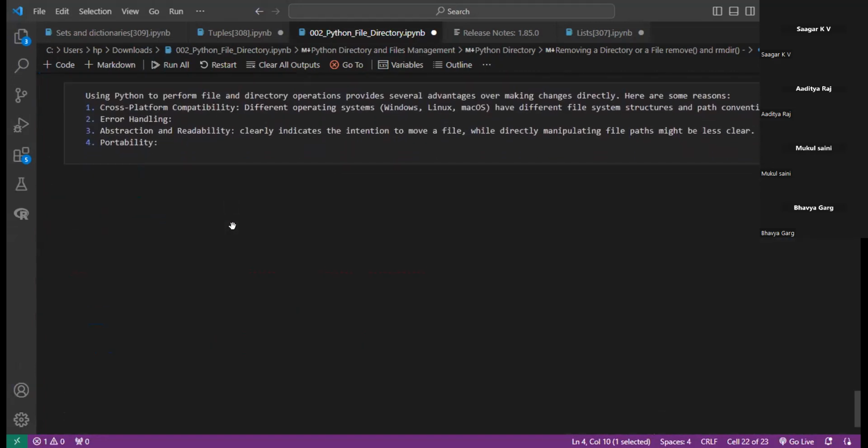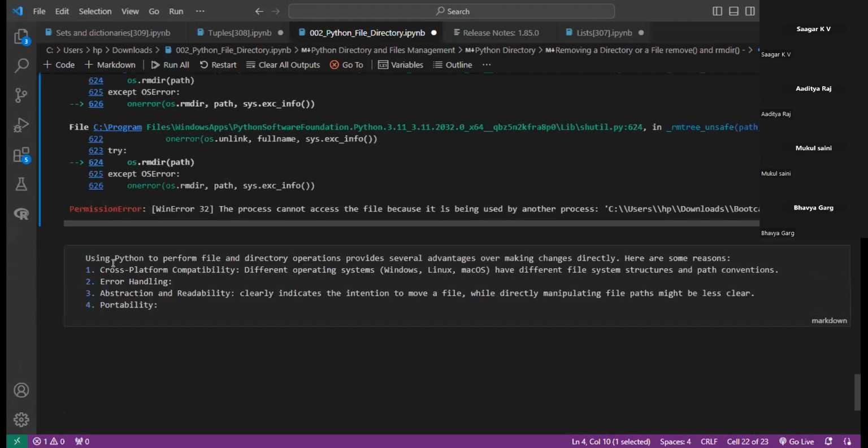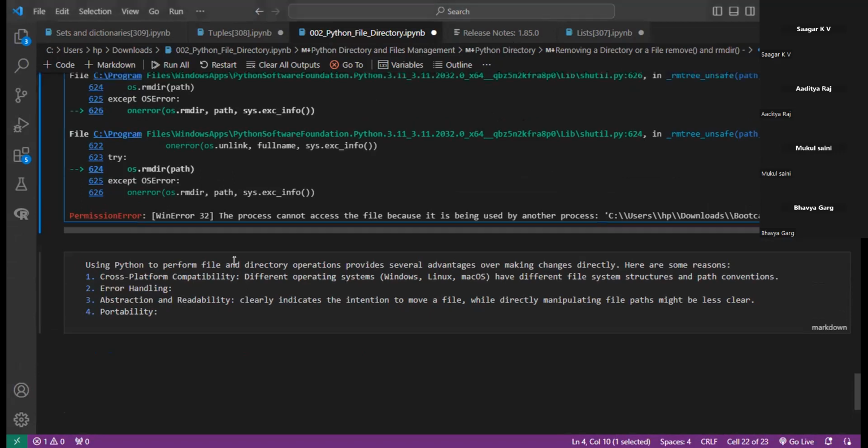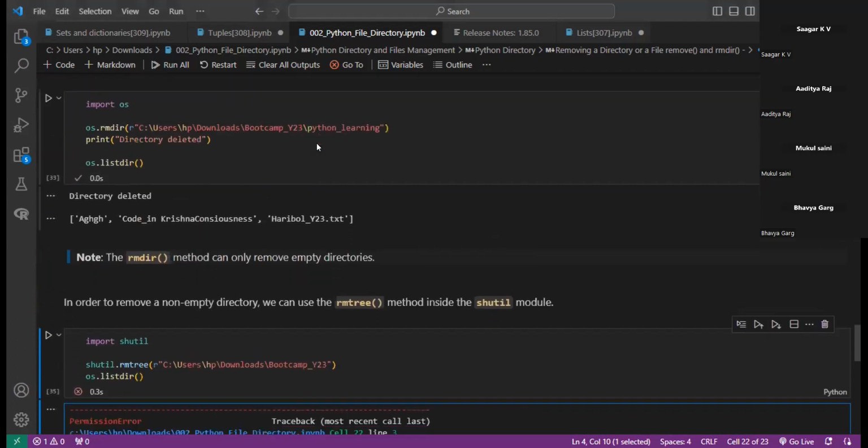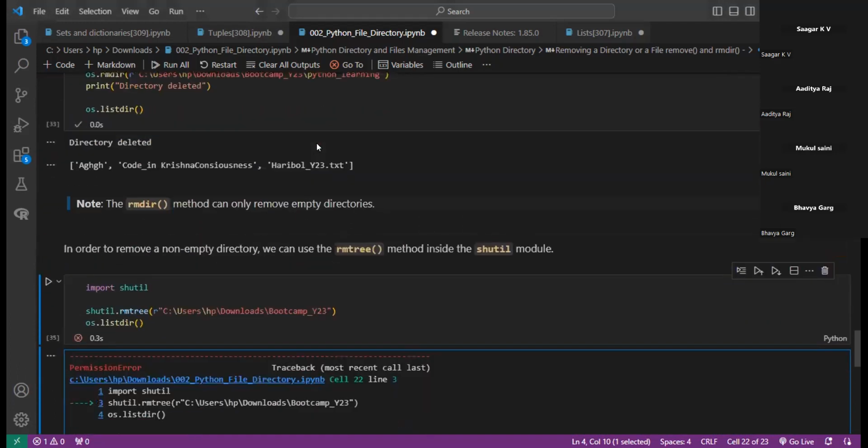देन एक क्वेश्चन आता है कि why do we need to do so many manipulations on these files? अगर मैं चाहता तो मैं यहाँ पे सीधे डायरेक्ट फाइल्स में जाता और यहाँ पे कोई भी फोल्डर बनाता या कोई भी चेंजेस कर देता। तो मुझे ये सारे कोड्स लिखने की क्या ज़रूरत थी कि यहाँ पे मुझे एक डायरेक्टरी बनानी है या क्या करना है? सो कोई भी कुछ भी थोड़ा बहुत आंसर देना चाहेगा।